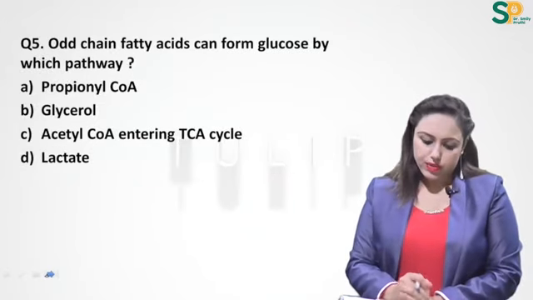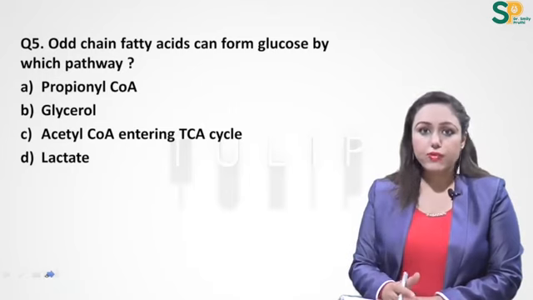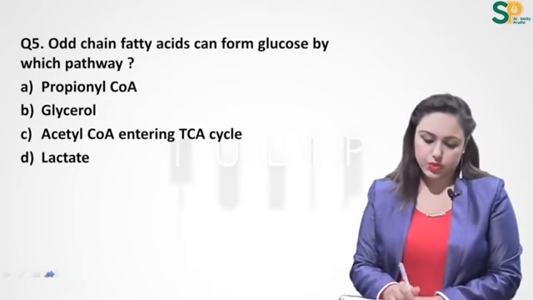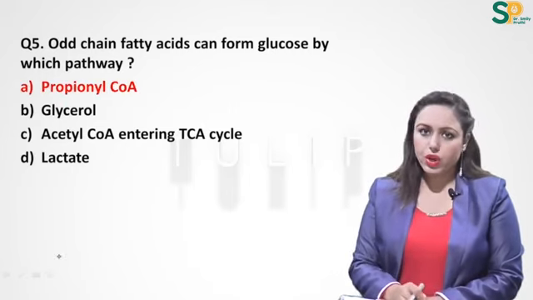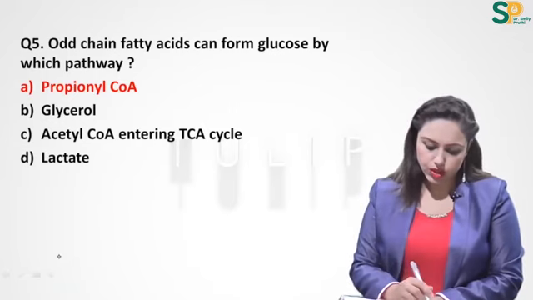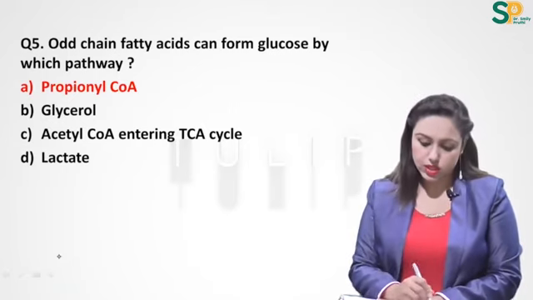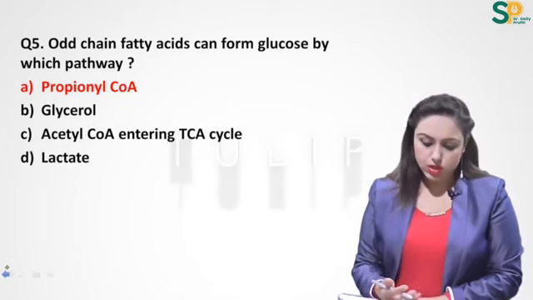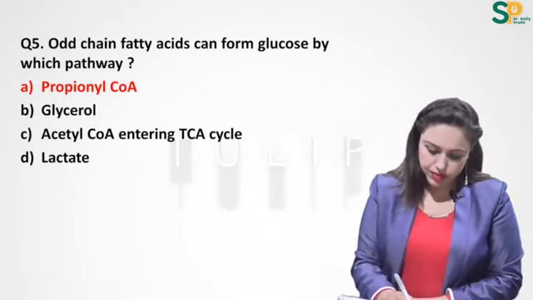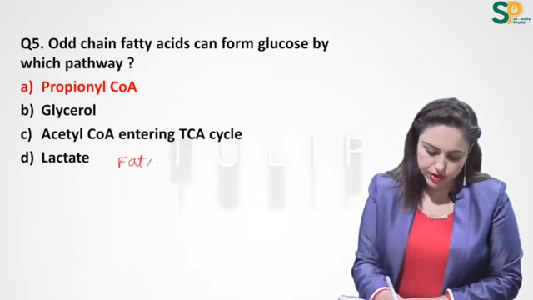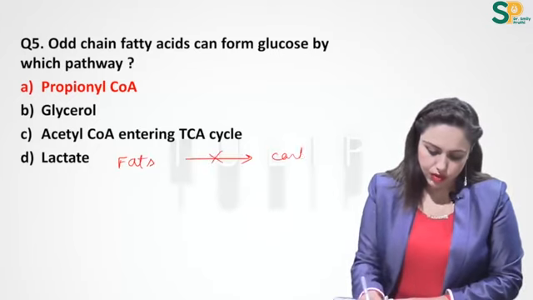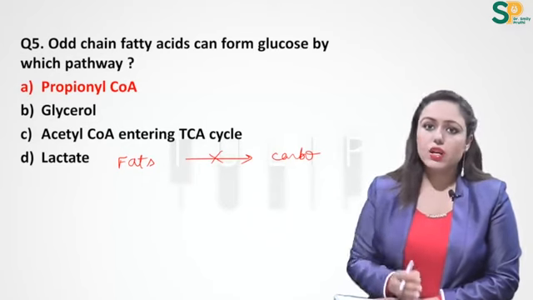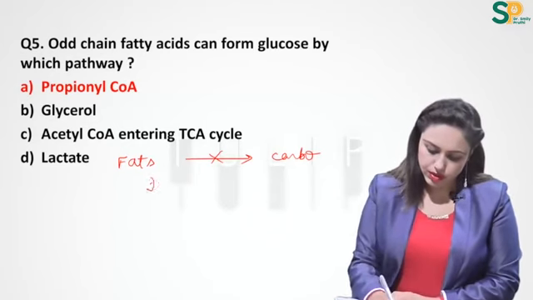Next question number 5. Odd chain fatty acid can form glucose by which pathway? Answer is propionyl CoA. Various other options were glycerol, acetyl CoA entering TCA, lactate. This was a recently asked question. So let's start with basics. The basic is that fats can never be converted to carbohydrates. If they ask you the reason, it is the irreversible